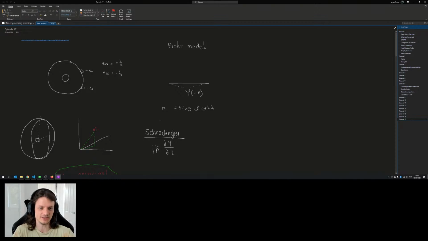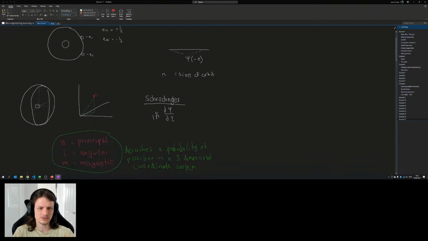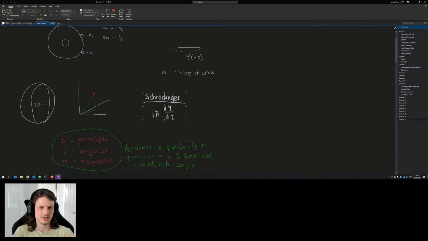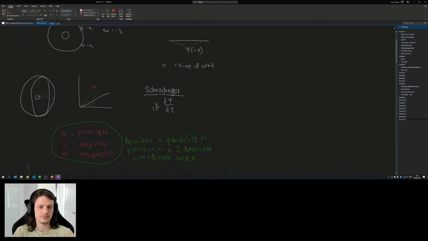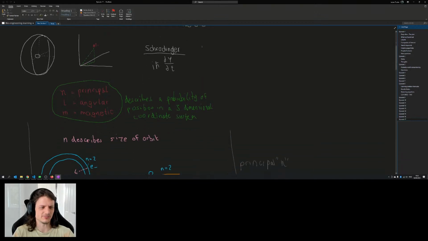You can see here, I think this might have been what I started to look at. Some educational HTML site there. Okay, looking at Bohr's model, Schrodinger's equation. I don't really remember what that is, but I do know that this one is to give a probability of a position for a particle.